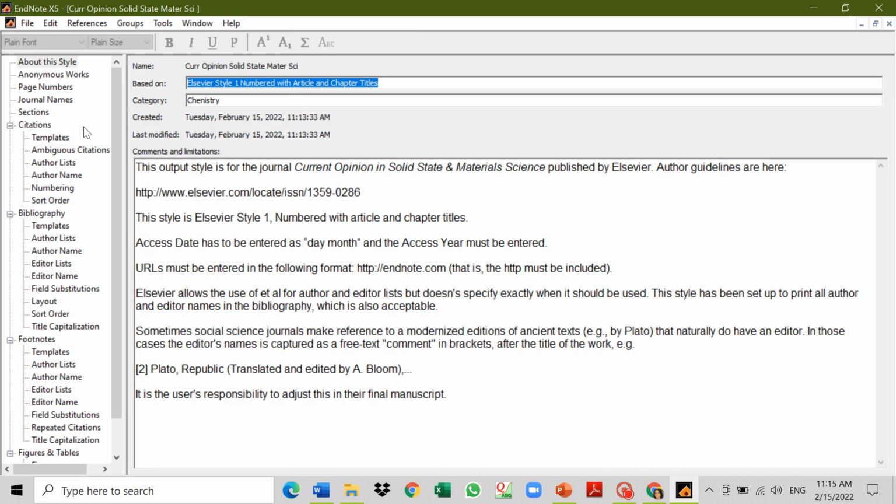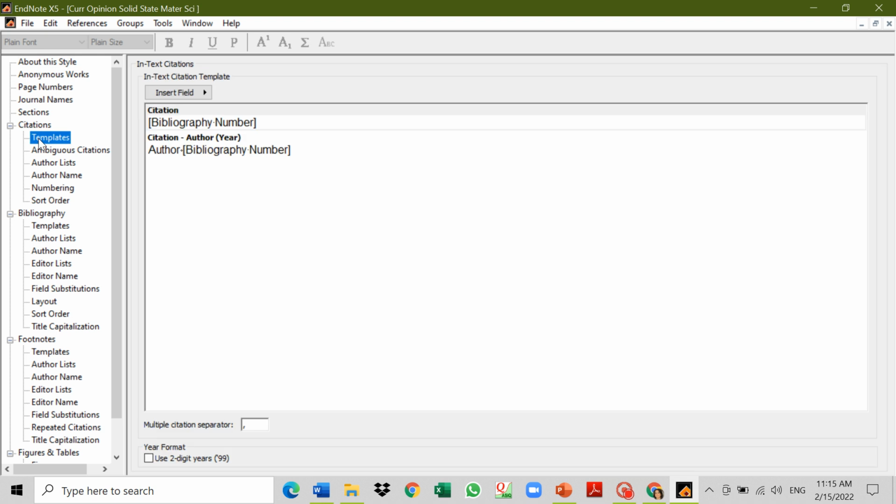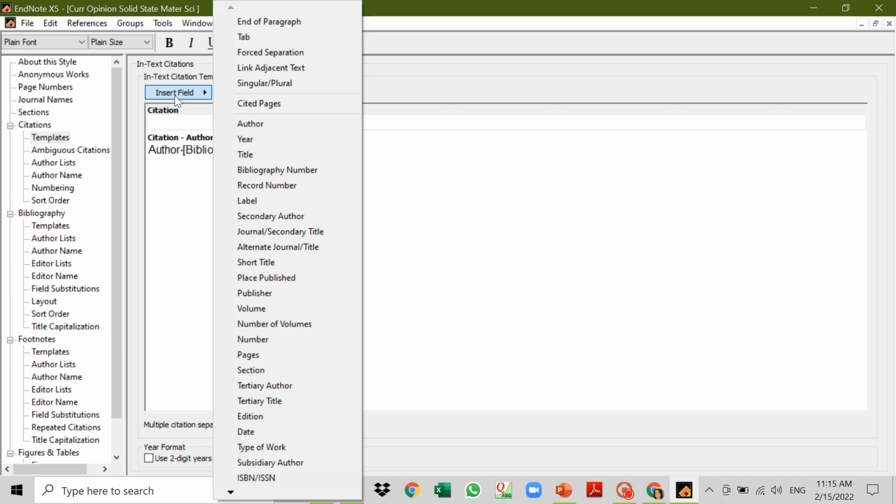You can click on this, and then change the template, the bibliography number, the author and citation. Maybe you do not want the bibliography number, so you can delete it, and then you can